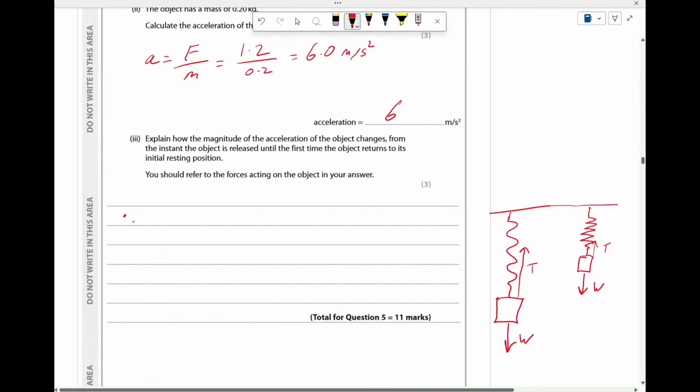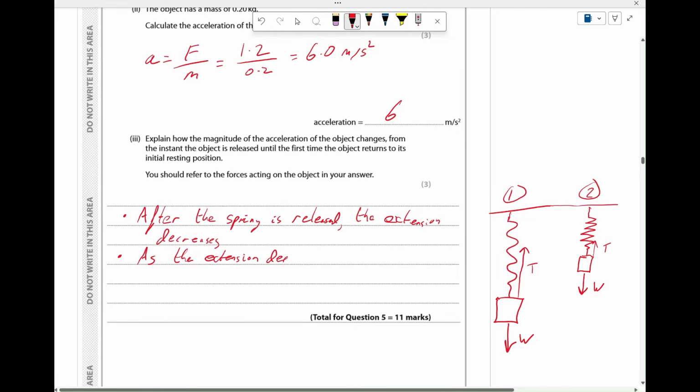So as after the release, after the spring is released, the extension decreases, as it goes from diagram 1 to diagram 2, and obviously you can make diagrams if you want to in your explanations. So as the extension decreases,